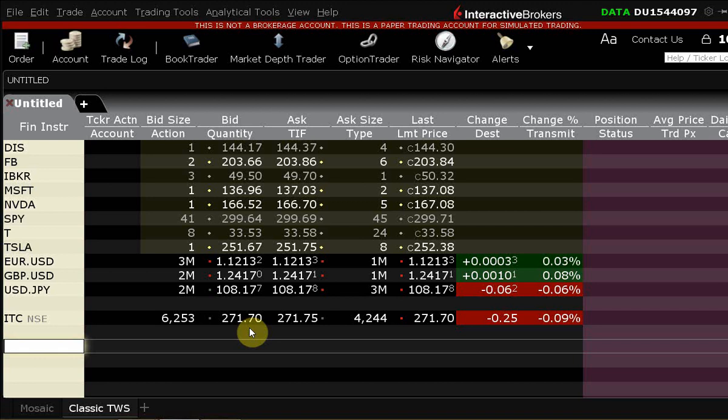This is an example of excess demand or excess supply. Excess demand. What does excess demand do to the price? Price will rise. So that price will start rising from 271.69, and when you're selling 10 million shares at 271.70 on the NSE, this is excess demand or excess supply? Excess supply. And what does that do to the price? Pushes it down. So then the two prices will tend to converge. That's what arbitrage does.